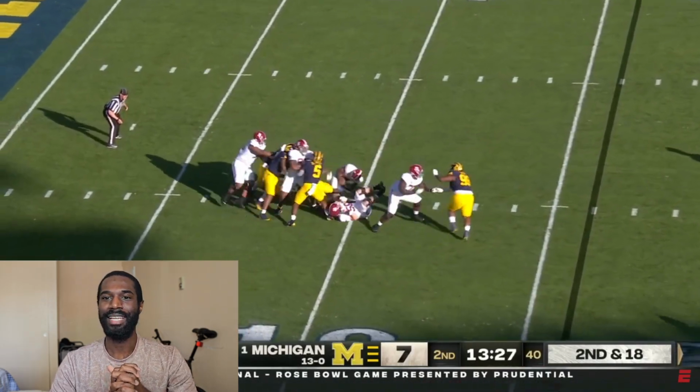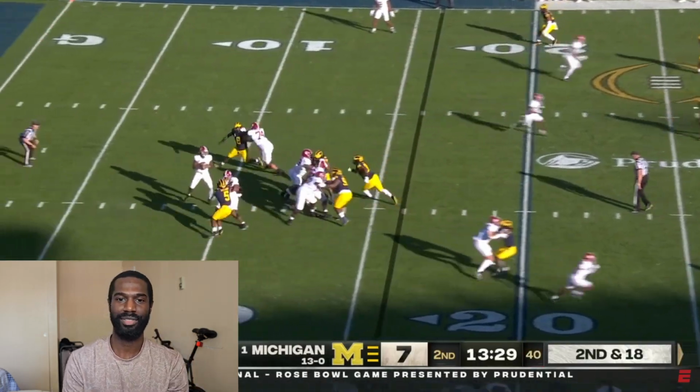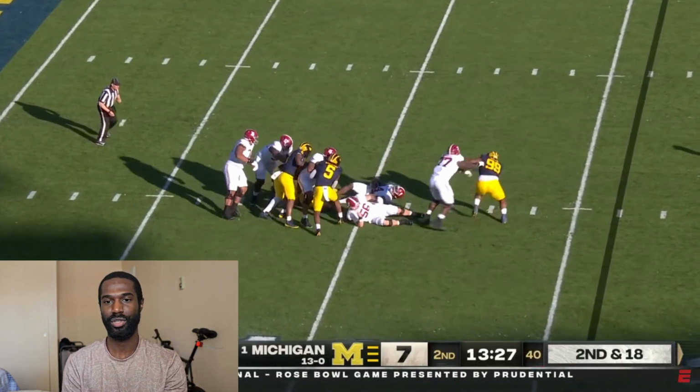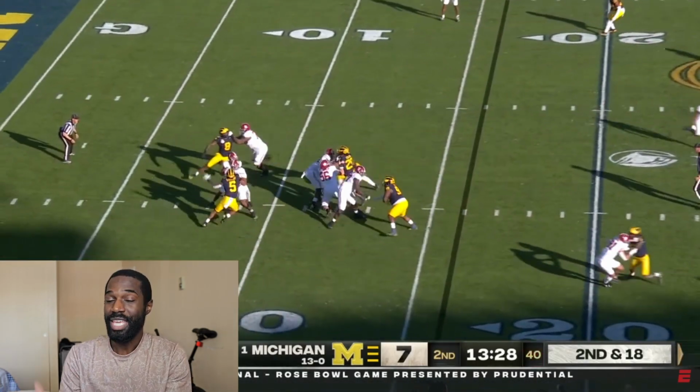Is this even 11? Yeah, no, this is 11, but I think the running back is set to the far top of the screen. So it's 11 personnel, 1 running back, 1 tight end. Tight end is also set out wide like a wide receiver. So Alabama's trying to spread Michigan out now. So even though